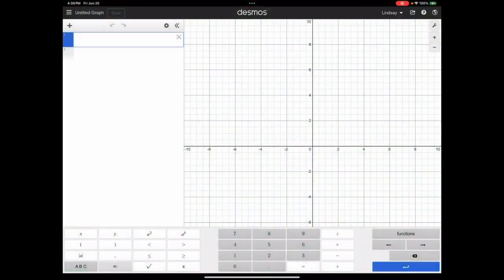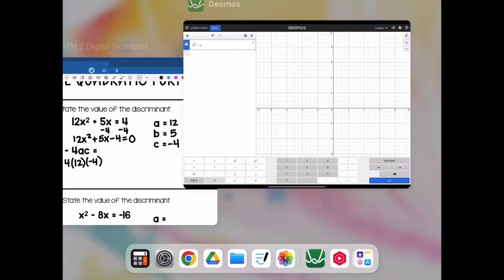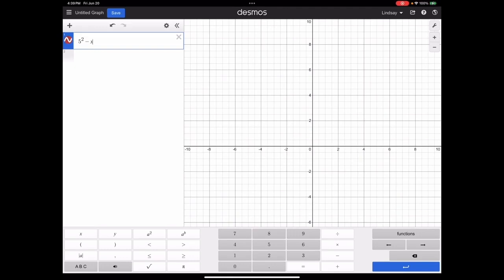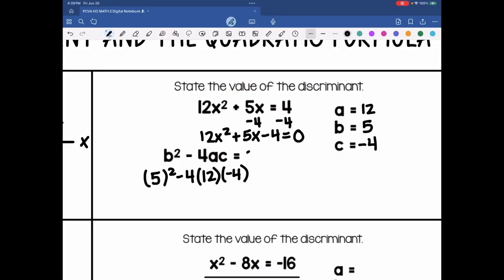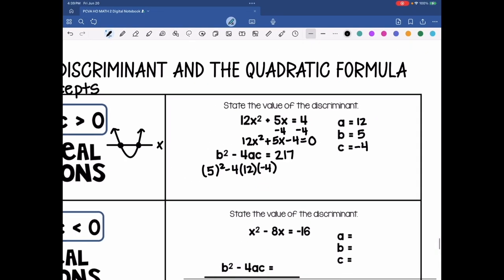So we had 5 squared minus 4 times 12 times negative 4. And we can see that that is, in fact, going to give me a positive number. So that number is 217. So we know that this is going to have two real solutions,